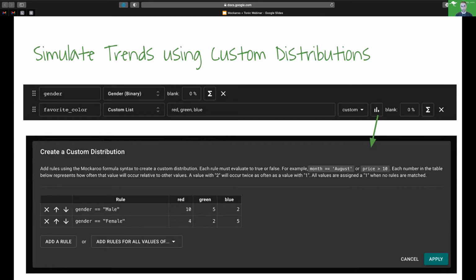So here I created a simple list of colors, and I'm making a list of favorite colors for people. Assuming I have a gender field, and I want to say maybe men have a stronger preference for red and women have a stronger preference for blue, you could create this kind of truth table and control the distribution that way. So that's how you create trends to mimic reality for discrete data.